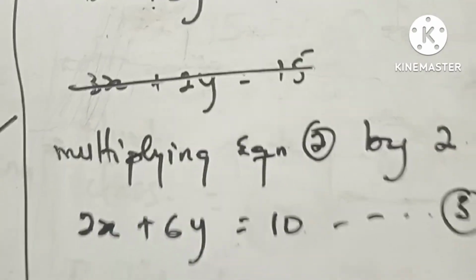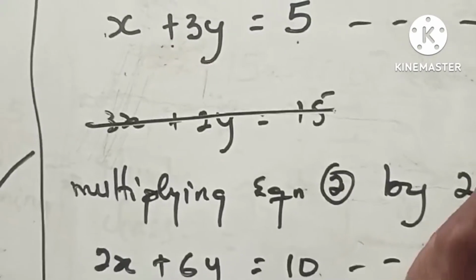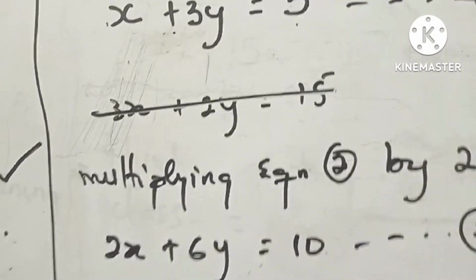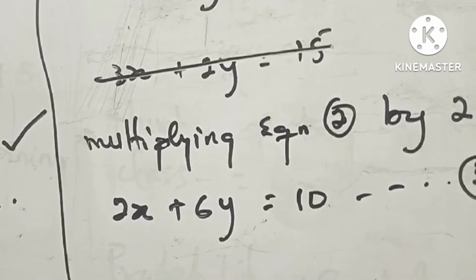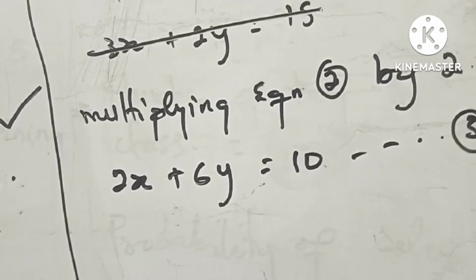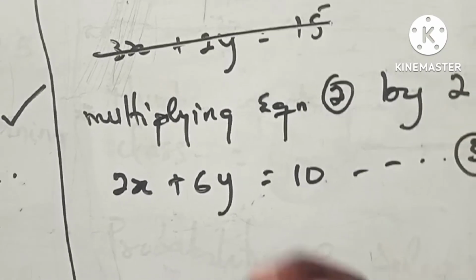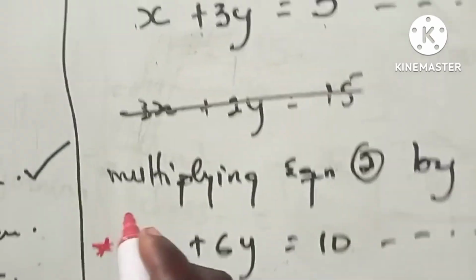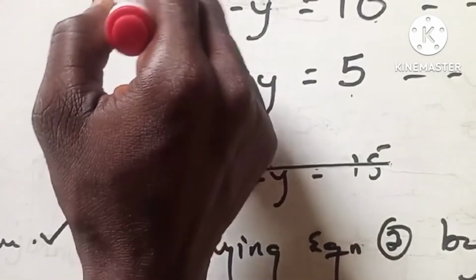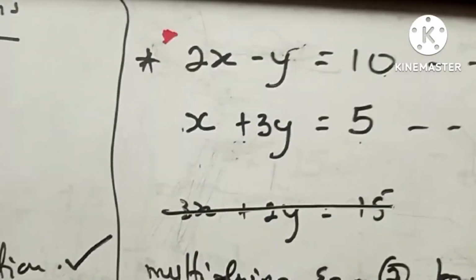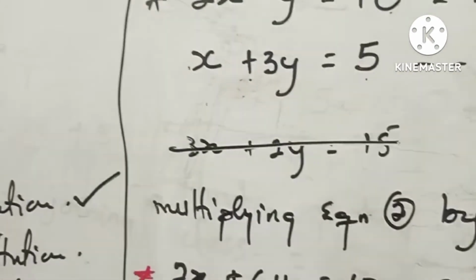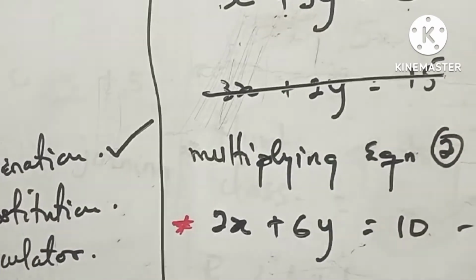Why are we naming this one equation 3? Because we already have equation 2 here, then equation 1 here. So this will be our new equation. Meaning that we have this equation here and then equation 1. These are the two equations that we are going to handle. So here we have